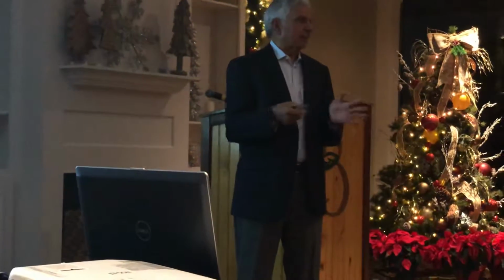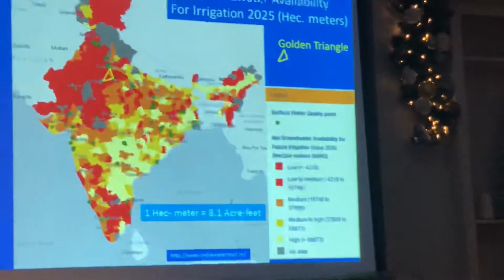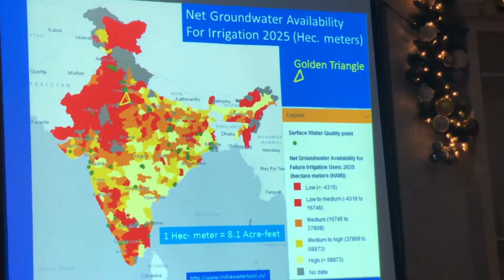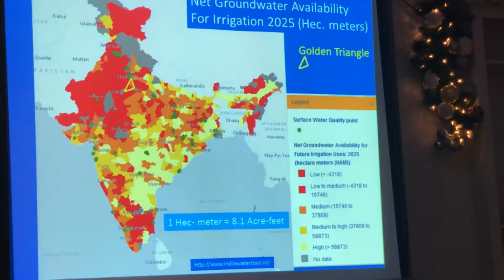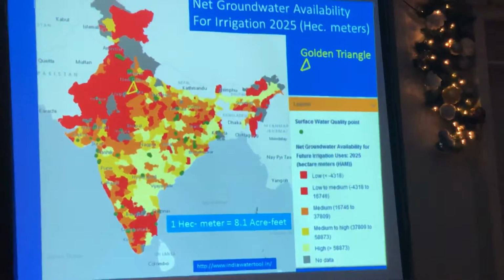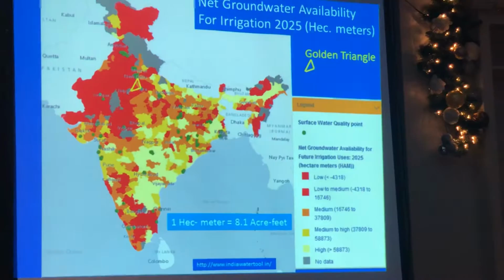Places like India, the problem is not the planning, the problem is how you implement that plan. However, again, you see here in this part of the country, we are looking at pretty low to medium availability of the groundwater. And remember, right after independence, in the 60s, some of you remember, there was a major shortage of food, there was famine.